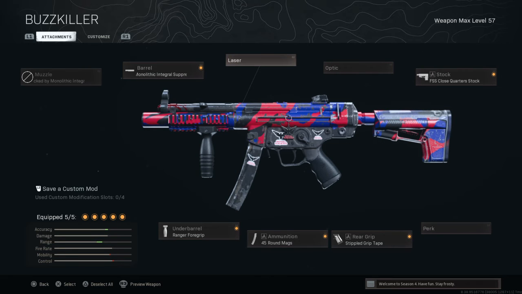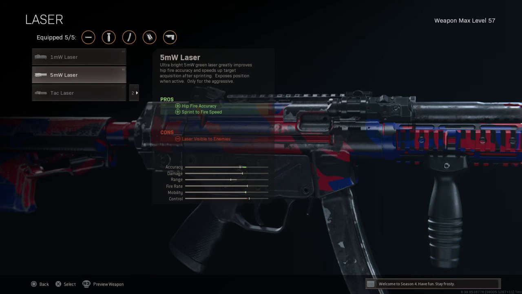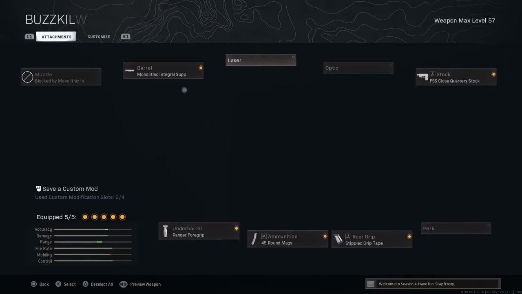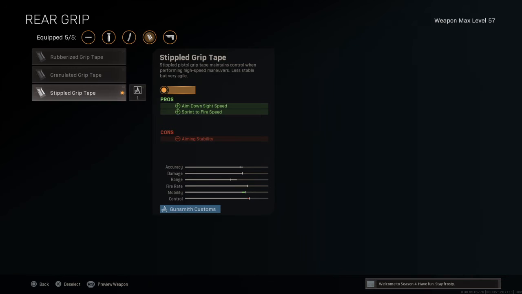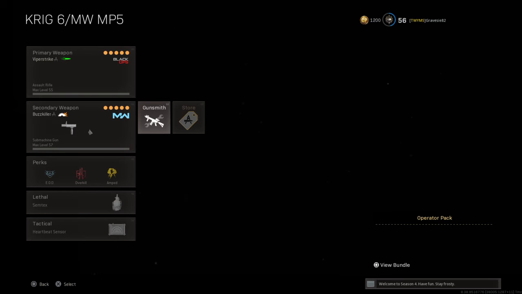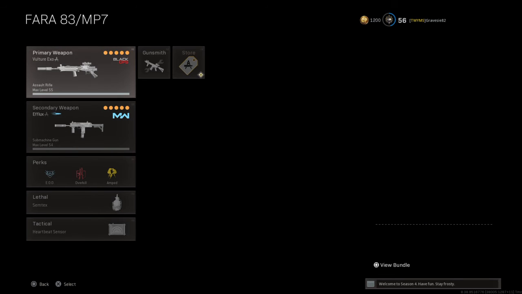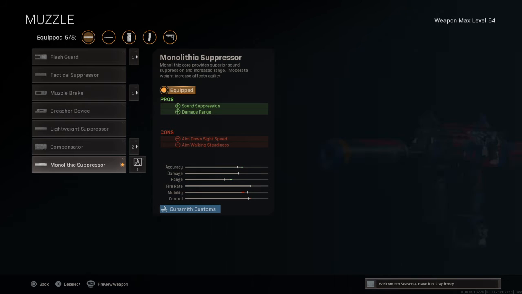Again, if you like hip firing, you might want to get rid of a stock or a rear grip and put the 5MW laser on it, because that's good for hip fire as well. But as I said, I don't really hip fire anymore, so I don't bother with that or the Merc foregrip. 45 round mag, and then stipple grip tape for ADS again. So that's my MP5. The MP7, similar setup, monolithic suppressor,